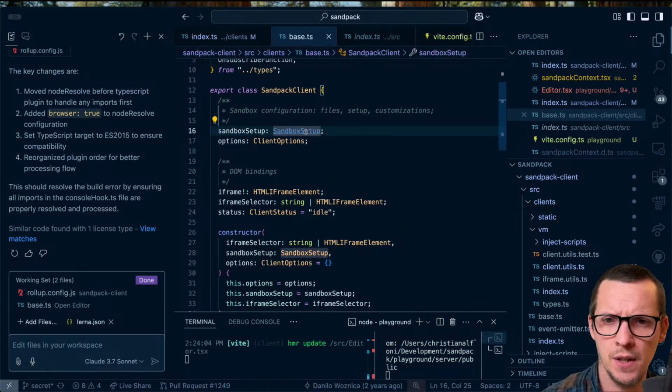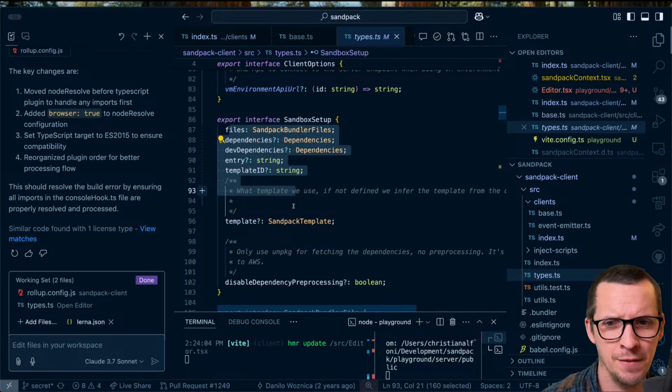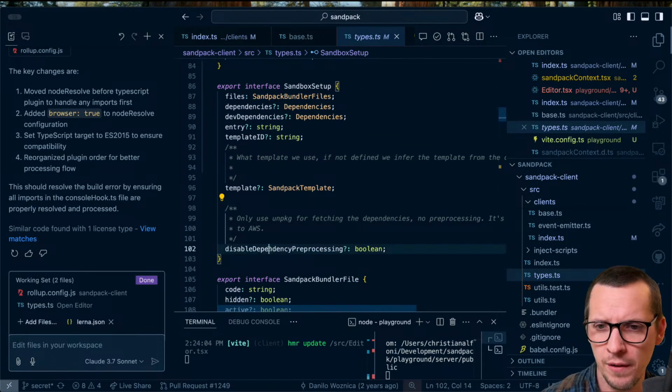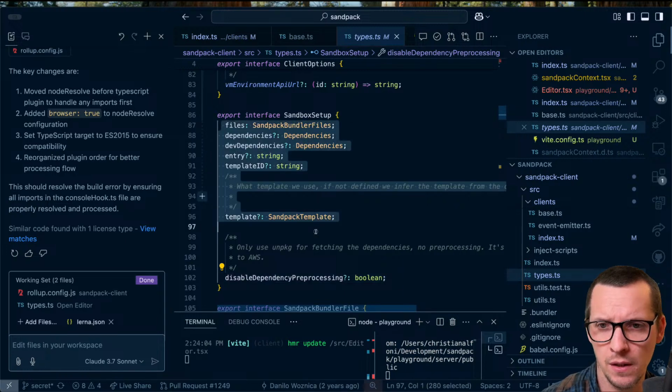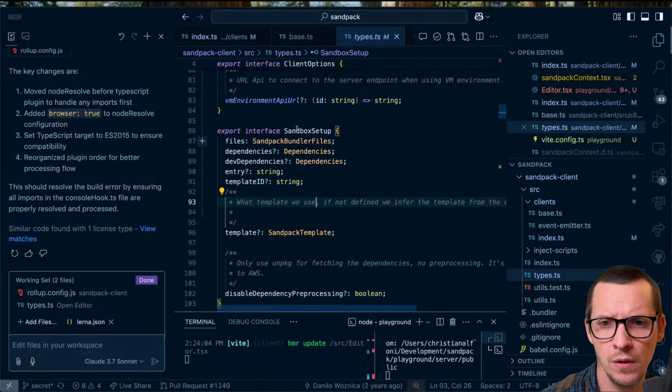Yeah, and you have sandbox setup. So you have files, dependencies, dev dependencies, entry. All of this has to be removed. That's the thing. These are specific to,